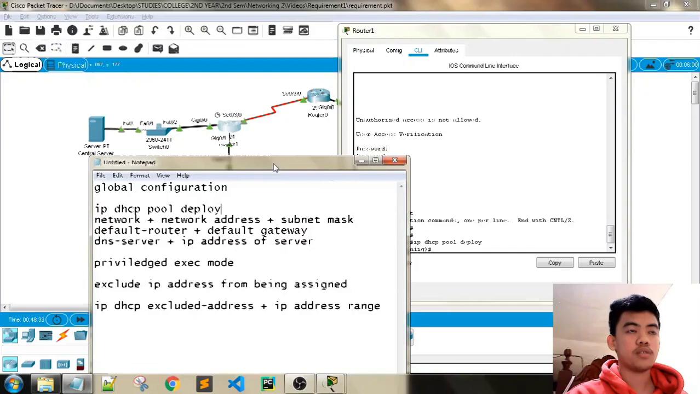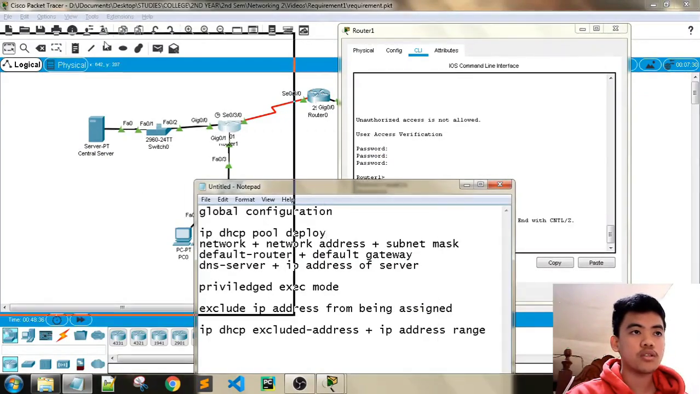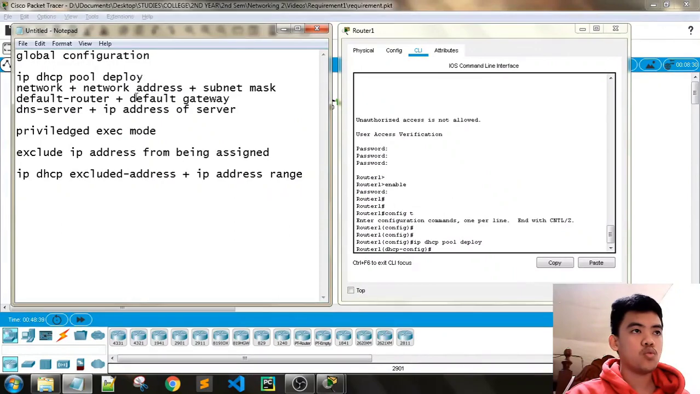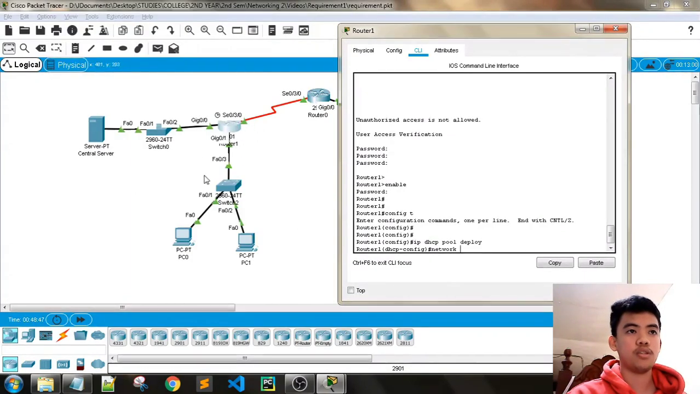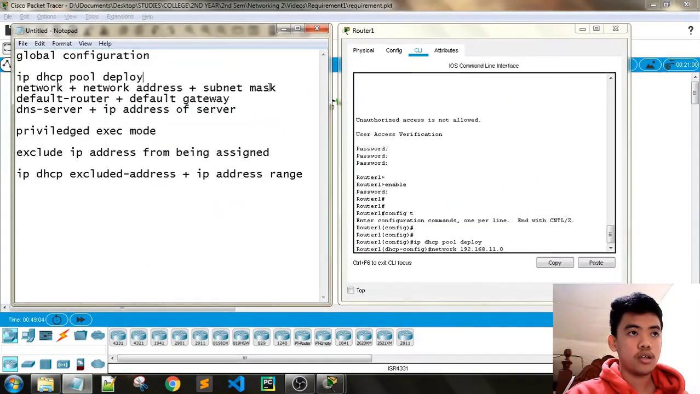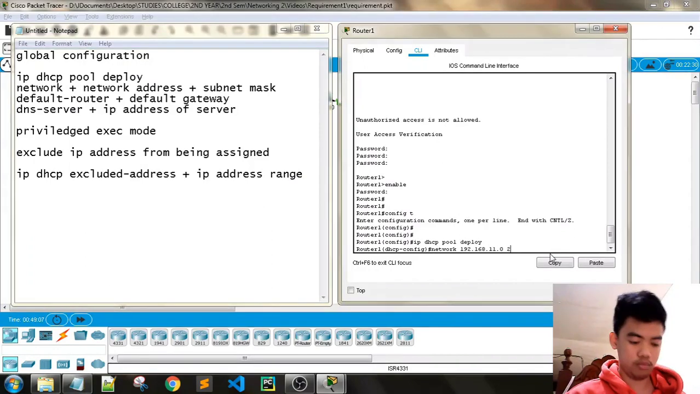Next is the network. So router 1 is here, we need to set up the network. Type in network, then the network address that we need the DHCP for. In this LAN, the network address is 192.168.11.0, and we also need to enter the subnet mask, 255.255.255.248,